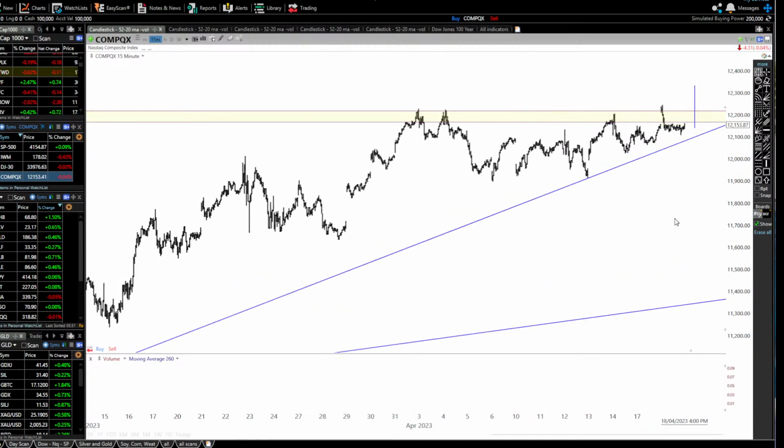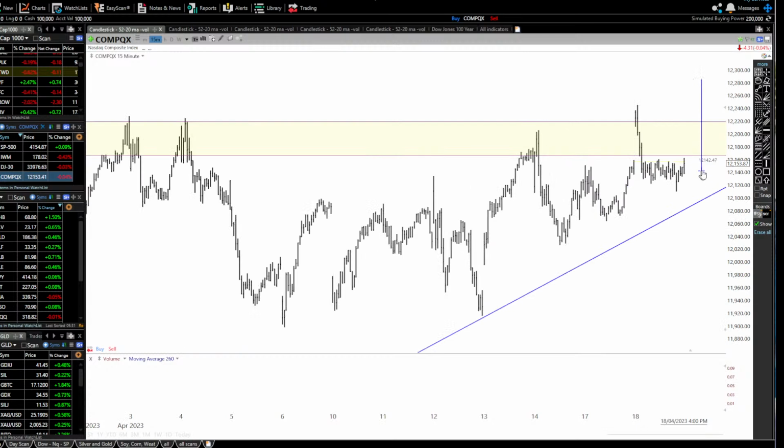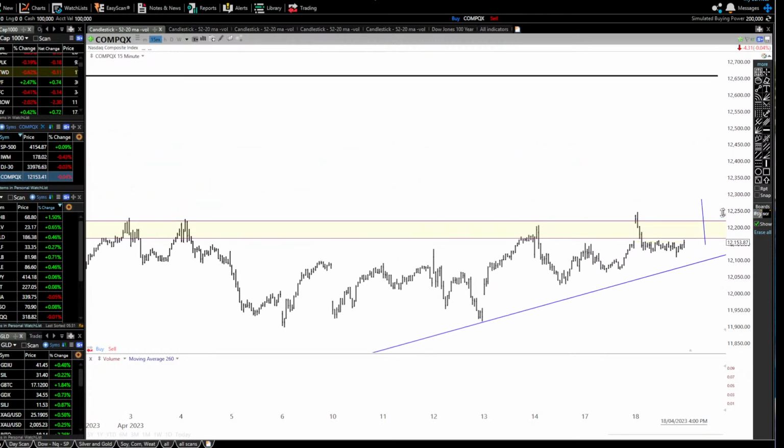But if I look at the 15-minute chart, if we do get a breakaway bar like that happening on this here, something like that, then that's probably going to be the start of the move to that move there. So we actually could be getting that on the Nasdaq. Because we're actually in an upward trend right now on the Nasdaq as well, on this Nasdaq chart. And what I mean by upward trend is that we've actually been getting this low here, as you can see,